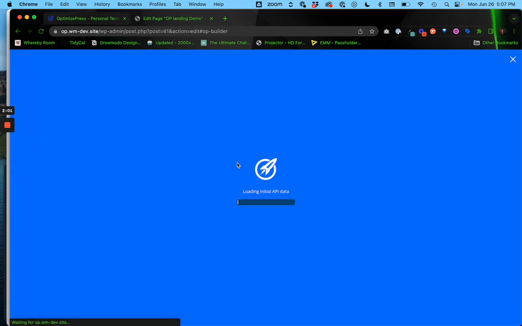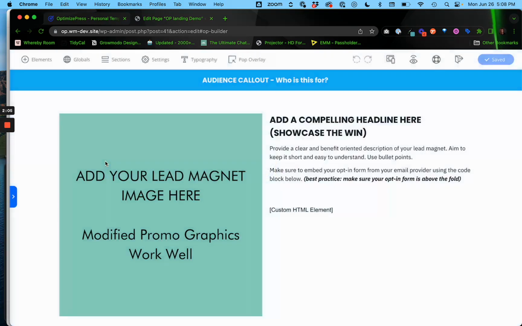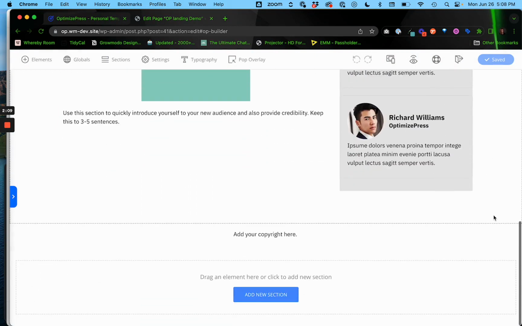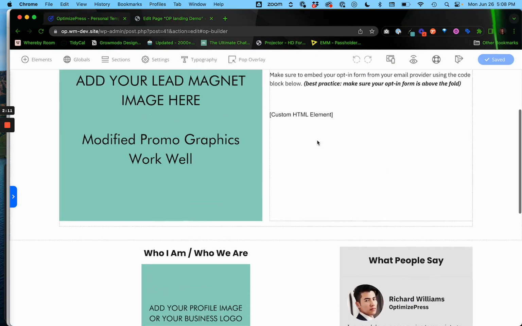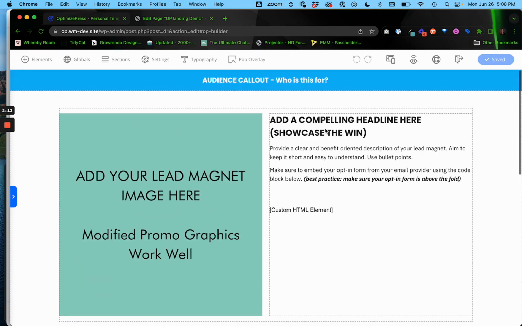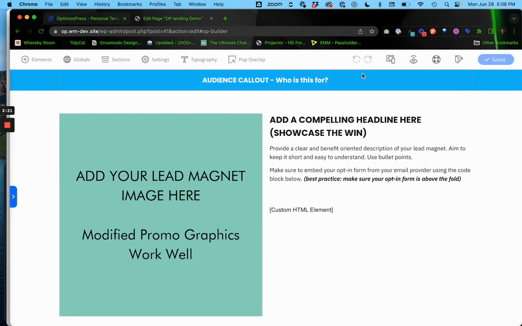And now it's loading the builder. And as you can see, it's imported it exactly the way I want it, and now I have the option here to start editing all of the content. Now follow the prompts, or in this case there are prompts for this because I built this template. Otherwise you can start customizing things, changing your colors, changing your fonts, changing your copy, adding your own images, removing or adding anything that's missing, and you have successfully created your